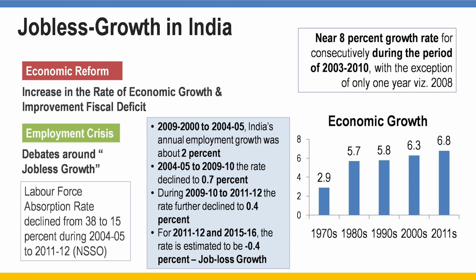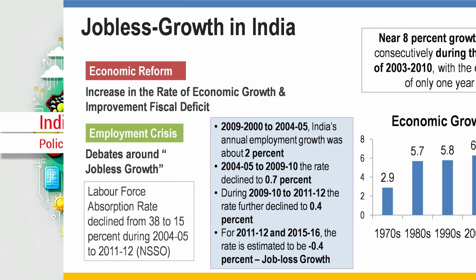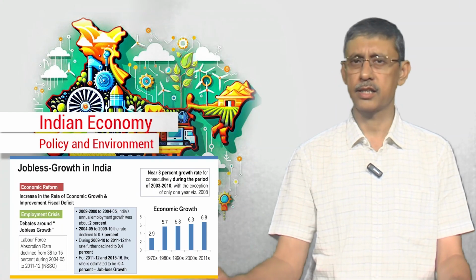For inclusion, you have two ways of looking at things. One is, of course, pro-poor, that is whether benefits are being received by the poor or not. And on that count, we have seen that there is a reduction in the poverty ratio, and a reduction in the absolute number of the poor, and therefore we can largely say that growth in India during that reform period has been pro-poor largely. However, there is another aspect.